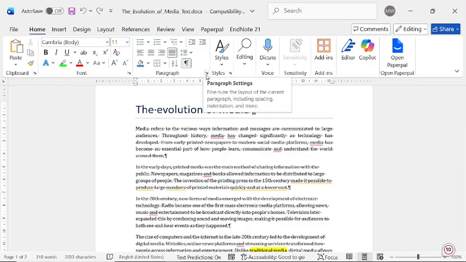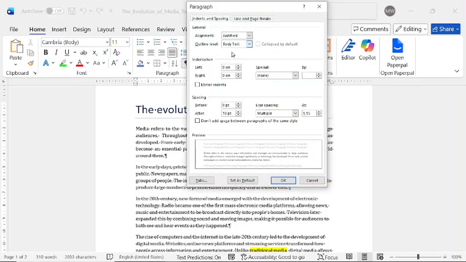is here at the bottom you've got what we call your paragraph settings. Now you'll see that each one of your different tabs or groups does have it. However, this one is specifically used a lot as it will allow us to do a lot more with our paragraph. Now, one of the things that we can do is create what we call a special indentation.